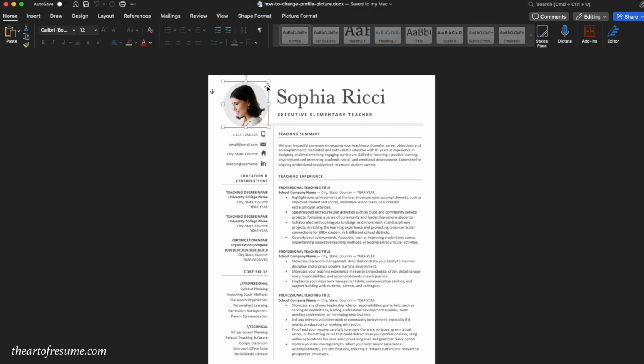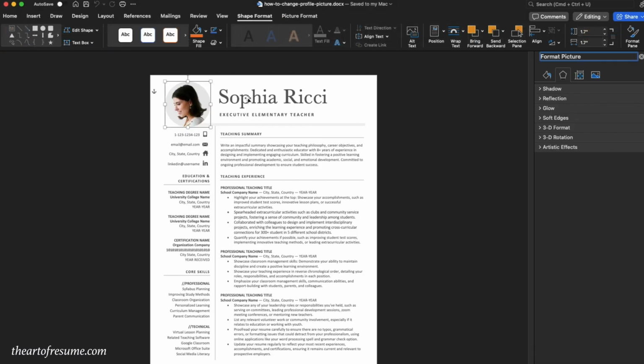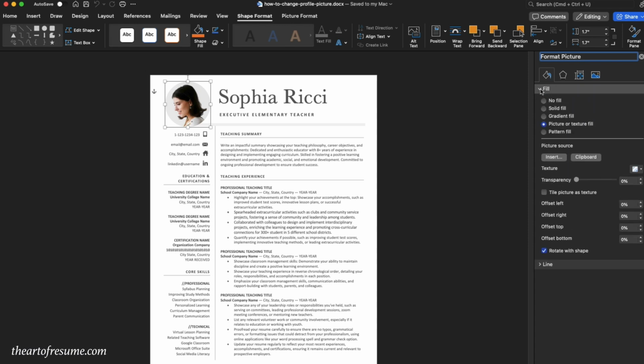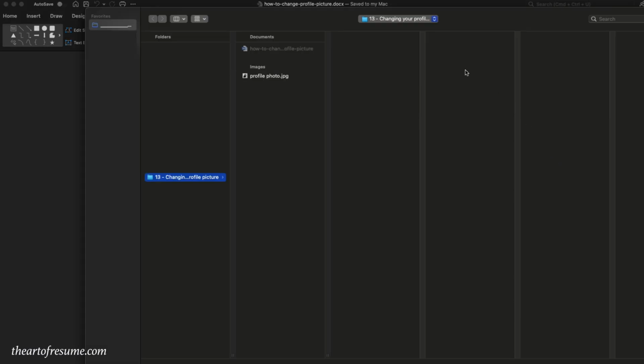Next, we'll go to your template. Select the photo, actually double click, and you'll notice a format picture window will open on the side. Go to the bucket, and then open your fill option. Go down to your picture source under insert, and then from here you can choose your photo